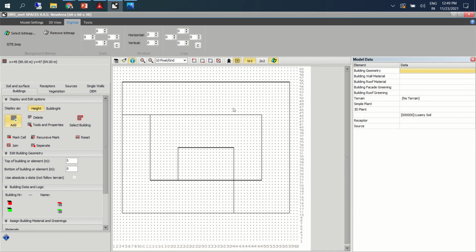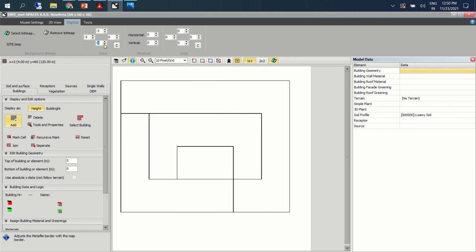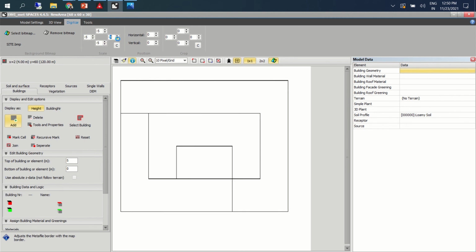Okay, and you can model it on top of this. That's a more appropriate and more correct way of doing it also. And still, if you have some issues, you can scale it up here. You can scale the drawings that you have in hand. So let me scale it down. I'm just telling you that there's an option.